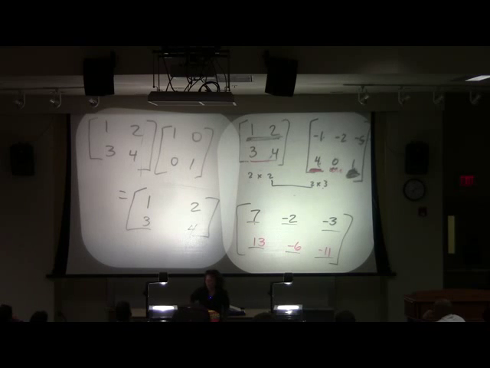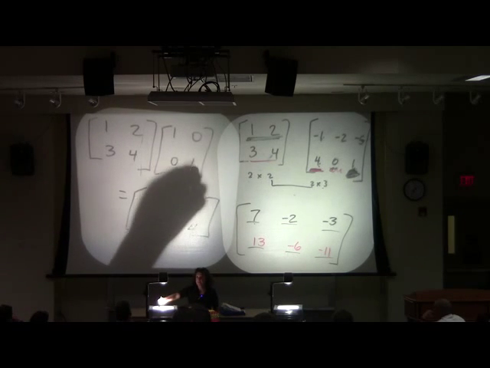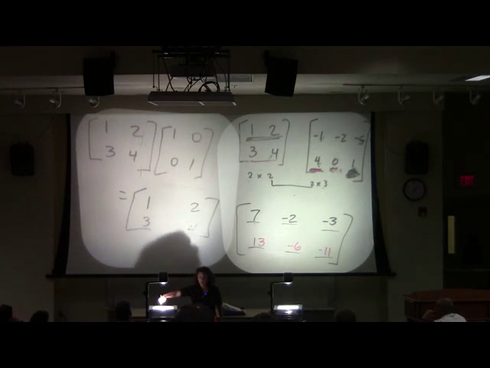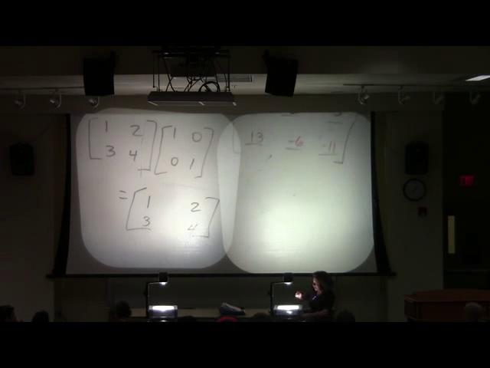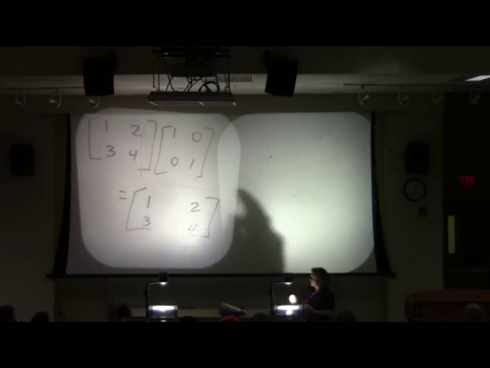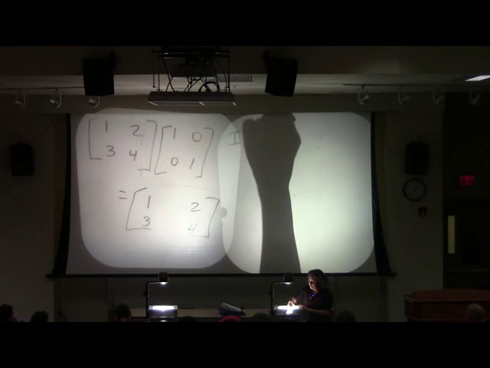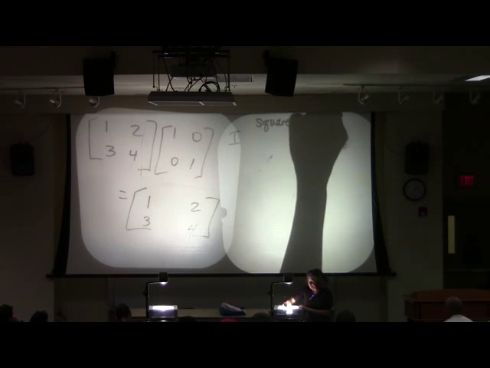Oh my God! We took this matrix times this really cool guy, and didn't we get our matrix back? What does he remind you of when you're thinking of just regular numbers in your multiplying? Doesn't he remind you of the number 1? Yeah, because any number times 1 is itself. Okay? So I want to tell you that he actually has a name. When we're talking about square matrices,